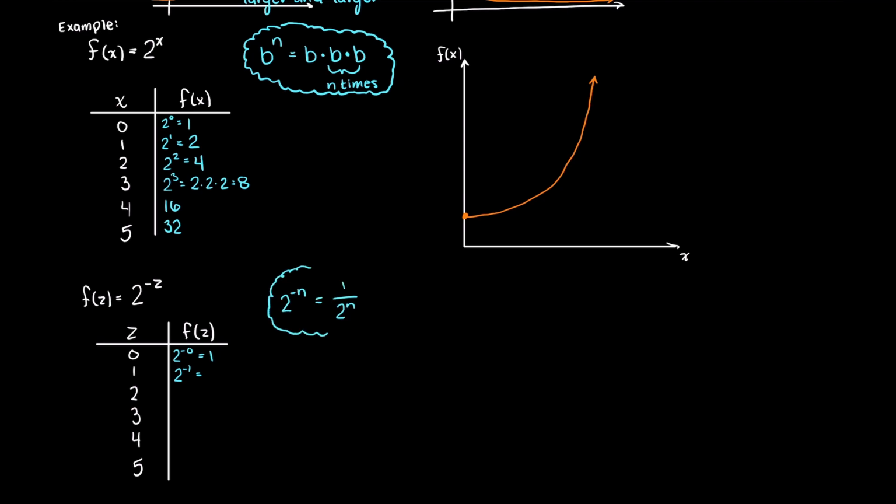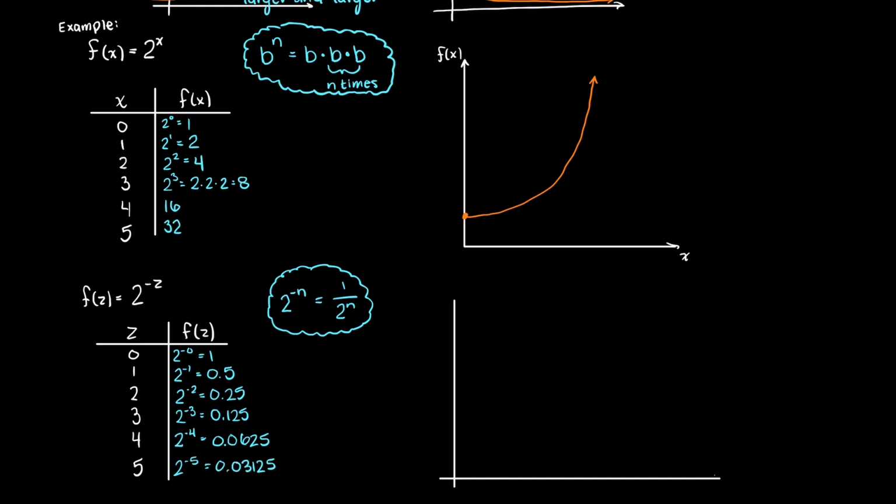In the next video, we'll talk more about the laws of exponents. And if you're wondering about how we deal with more complicated exponential functions, then that video should make things more clear to you. But for now, just know that we can do this. And it should help make it clear why increasing our denominator will give us a smaller and smaller number as our output to this function. So, completing the chart here and graphing the function, we can see that our outputs are getting closer and closer to 0. But every input step in the right direction, the change is getting smaller and smaller. This is a decaying function.